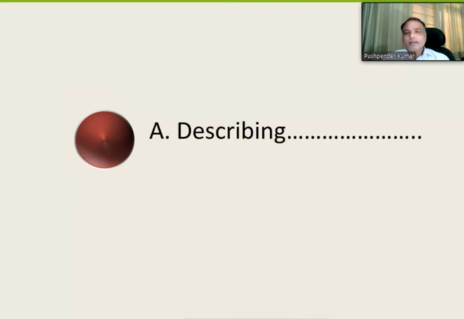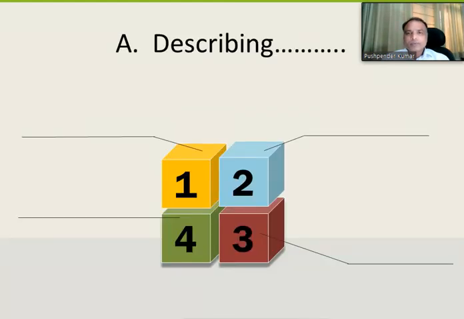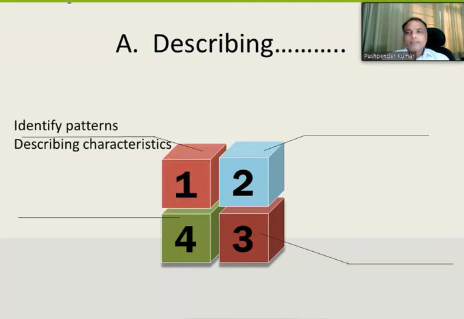So let us move further, and here you can see we further discuss describing. So describing, as I mentioned, what you need to follow, you need to understand, very very important thing. When you describe, actually you are identifying a pattern, describing characteristics, that these many people, these many classrooms, this kind of greenery, I mean everything you show, and you show some pattern that over the period of time, or this is a pattern existing right now, male female, teacher ratio, these are all things you can. I'm taking example of college.